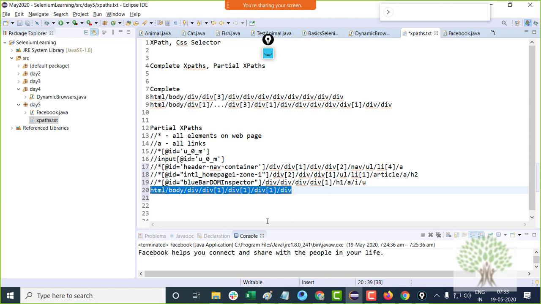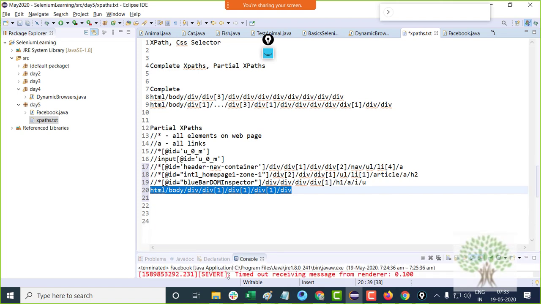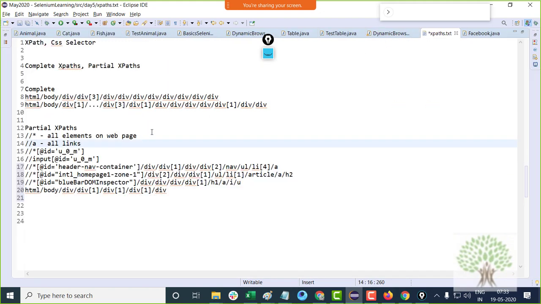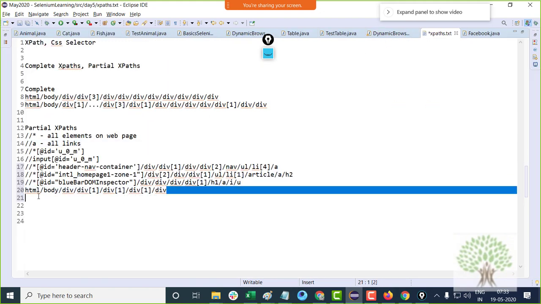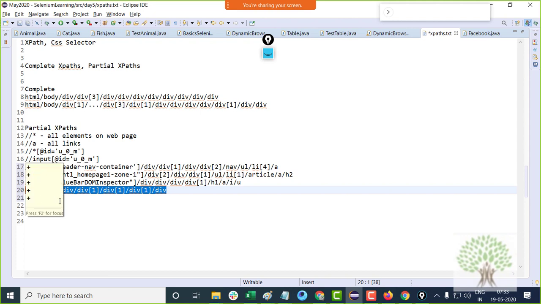Okay, but it's not that you should actually be considering ID to build the XPaths. Okay, Chrome as a tool, or Chrome as a browser, it depends on the IDs of the element to build the XPaths.